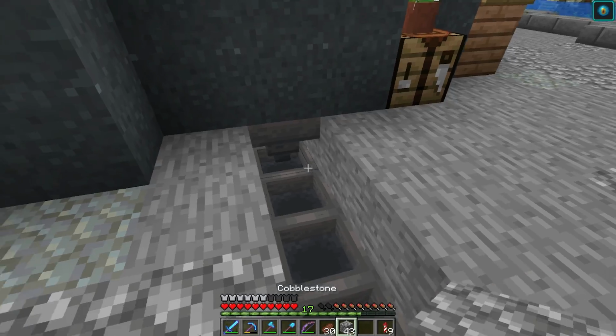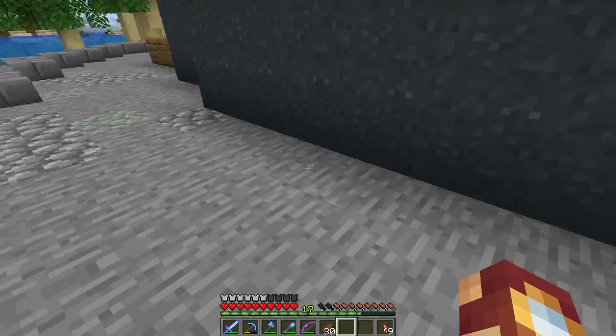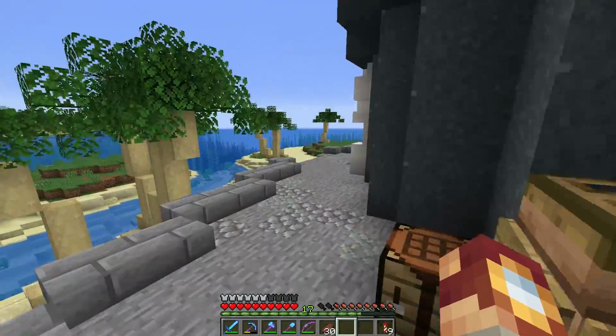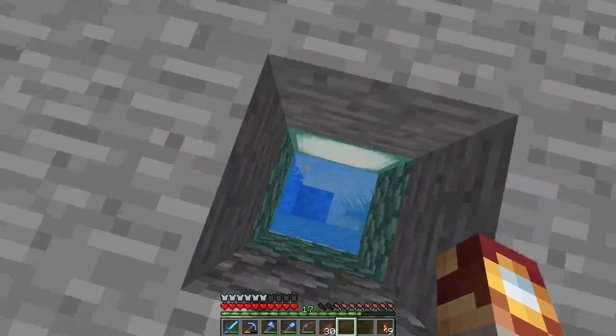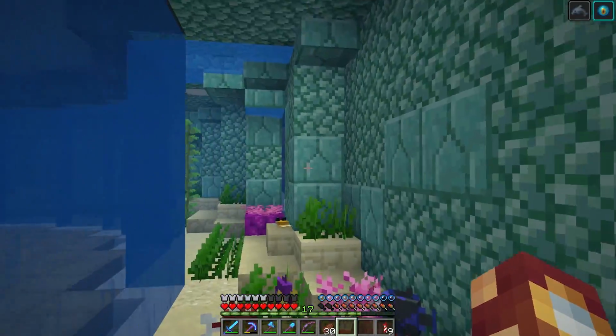Now we can obviously hide this. I'll have to get more stone to make that look less weird. But now you can't see it. It should be good. The only problem is obviously if we go back into the aquarium, which is very loud as you can hear, it should be shown, and we don't want that. So we're going to have to do some work to cover